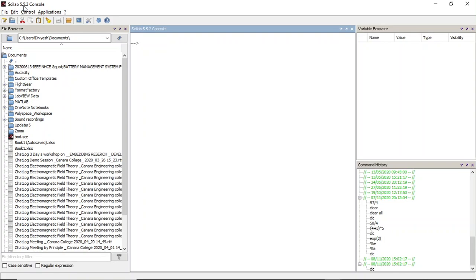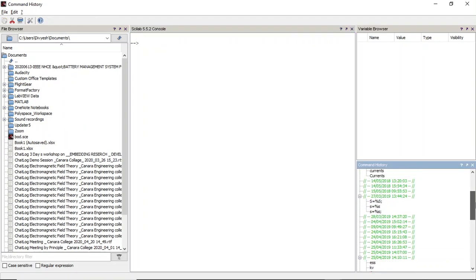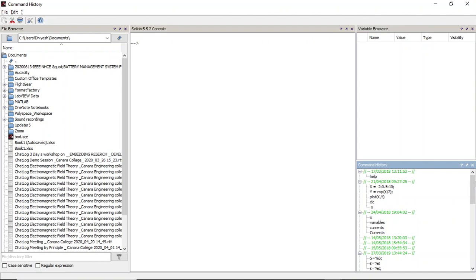So what I was trying to convey is when you launch this software or tool, by default it consists of these many docked windows. So you'll have a console. So this is known as a console. Then you have files. So these are the files as you can see here. And then you have a variable browser. So this is known as variable browser. And then command history. So command history will give you the commands you have given while programming in the console.